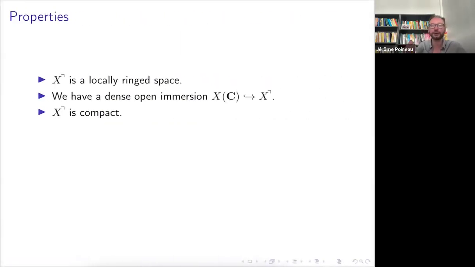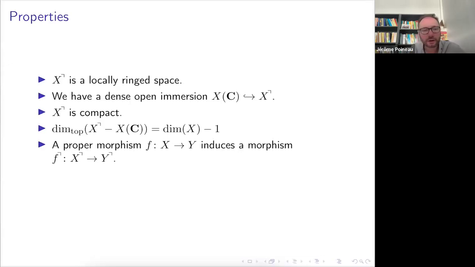The resulting space is actually compact. So you added something at infinity. And something about the topological dimension. Steam is starting to run a bit late, so I don't want to insist on everything. What other nice properties do you have? You have this kind of functoriality property. If you really want to have a compactification, it cannot be functorial for everything. It would not make so much sense. But it can be functorial with respect to proper varieties.